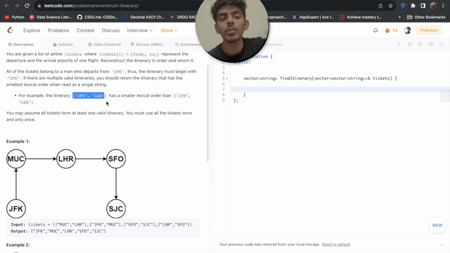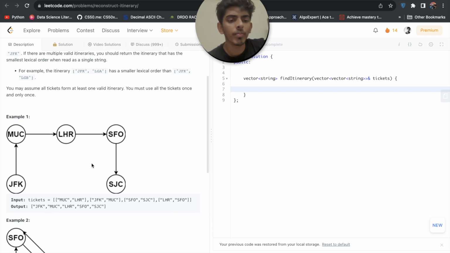If you have any doubt about lexical order, you can google it. It is a small concept and you will be able to grasp it easily.